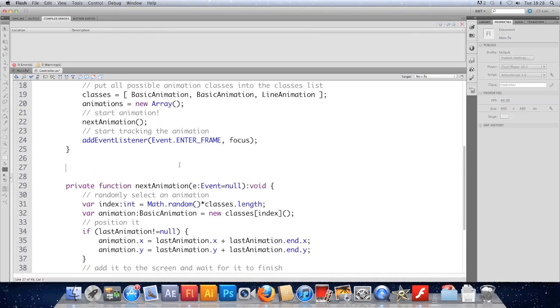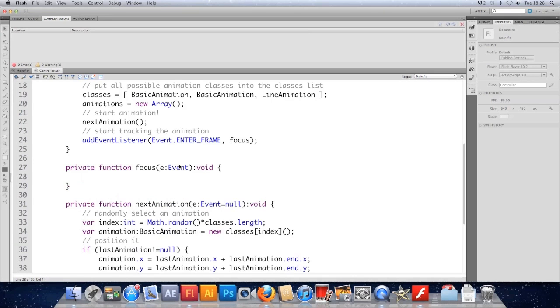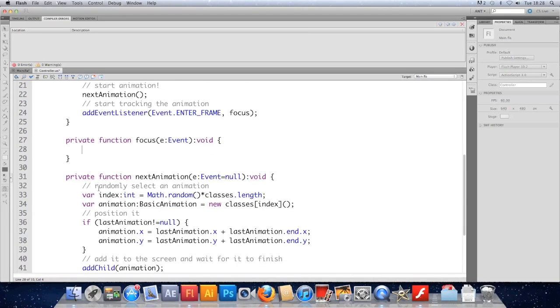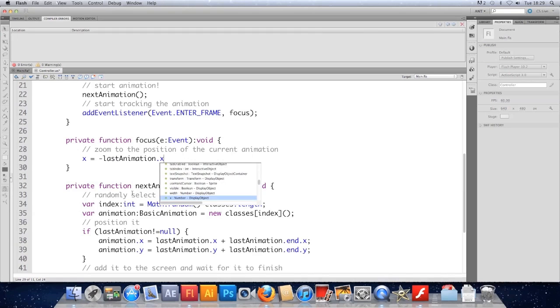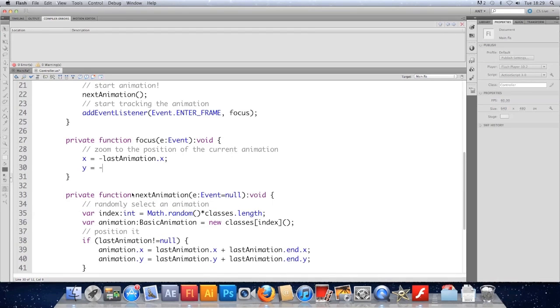So that requires a new function. Make a private function called focus in response to an event. No return type. Make sure I stick with that. Okay, so we want to pretty much zoom to the position of the current animation. And we can do that by snapping to it. If we do x equals minus last animation dot x, y equals minus last animation dot y, that will